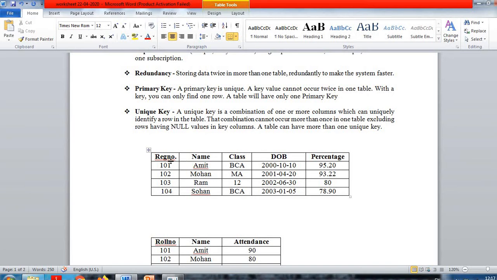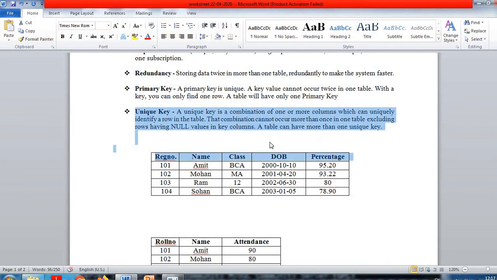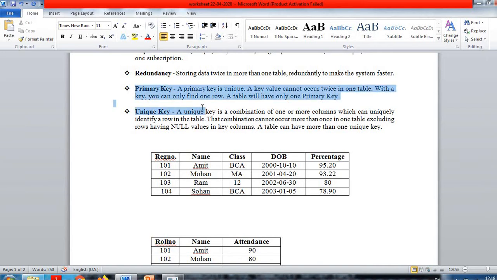A primary key is also like a unique key, but the difference between primary key and unique key is that a primary key field cannot be null, but a unique key column can be null, but should be unique. I think you got it. I am repeating: a primary key field cannot be null and it should be unique. A unique key also should be unique, but it can be null.